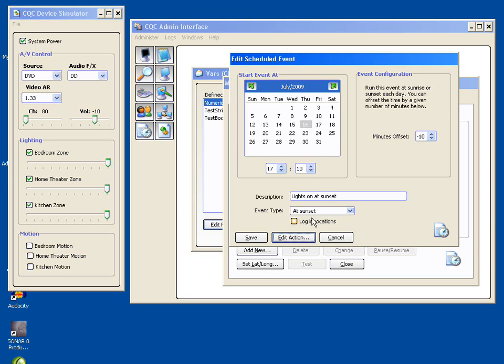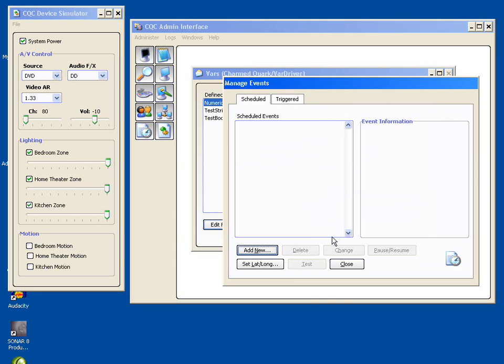As with the triggered events, you can selectively log invocations so that if you're having problems with one, you can see when it's running and whether it worked or didn't work if it fails. Otherwise, it won't log anything, just to avoid using up log space. And that's basically it. Just configure the actions that you need, and they will run when you have asked them to run. As with triggered events as well, I don't have any in the list here, so these options are grayed out. You can pause or resume it